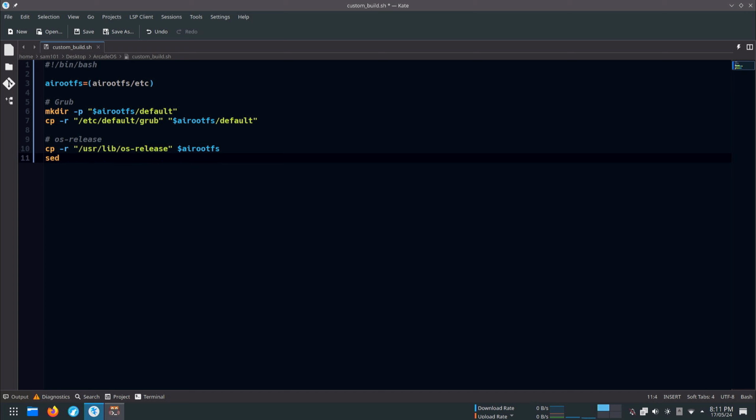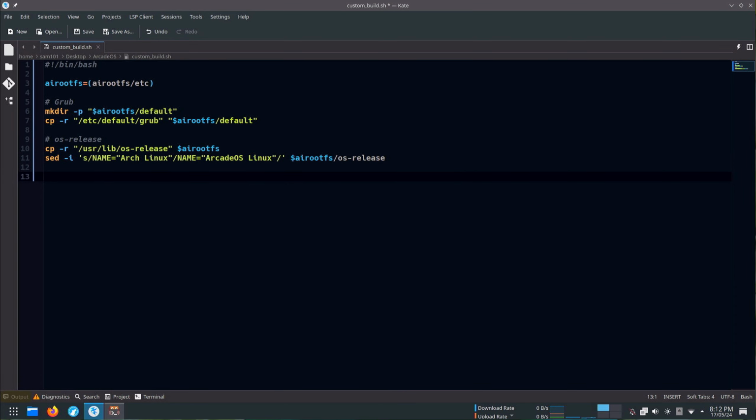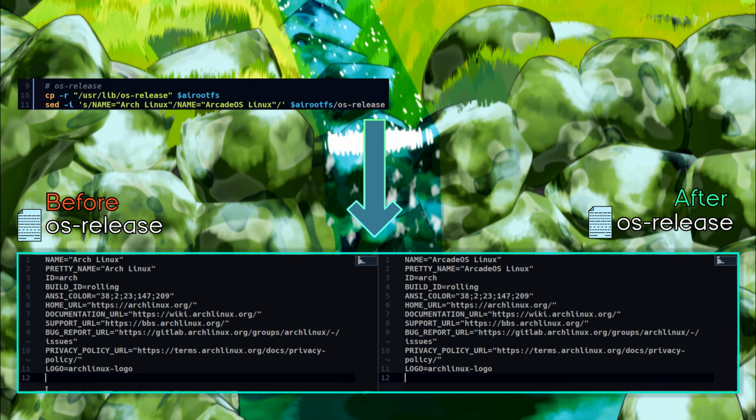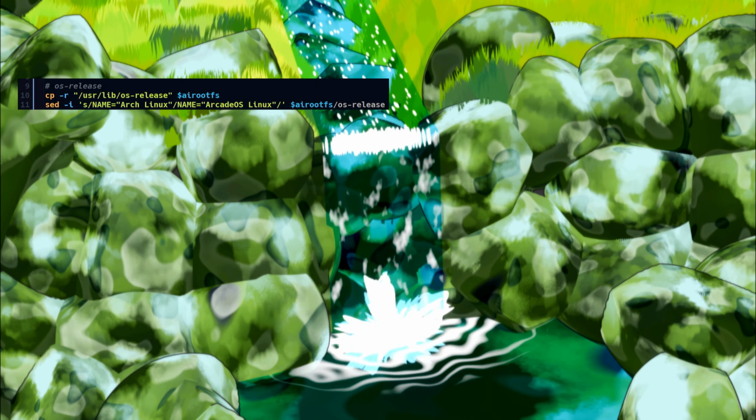Now we are going to change some content inside the os-release file with the use of sed, like changing the name from Arch Linux to ArcadeOS Linux. And this is the before and after of the os-release file.